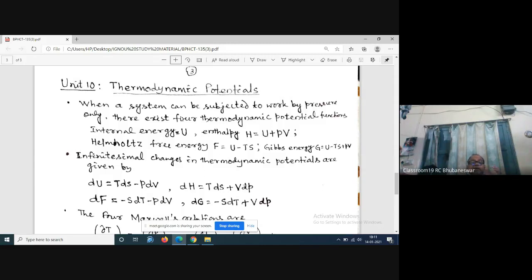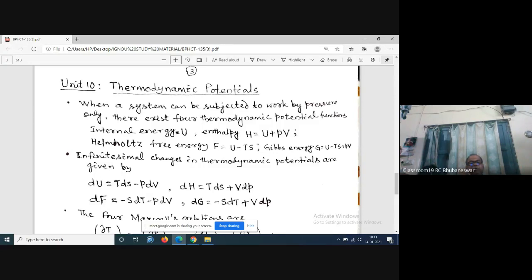They are internal energy and enthalpy, H equal to the work done plus the internal energy, that is the total energy. PV, pressure into volume, gives you work done. If work is done at constant pressure P and the volume changes by V, the total work done is PV. It gives the total energy. Then the Helmholtz free energy, again you see,